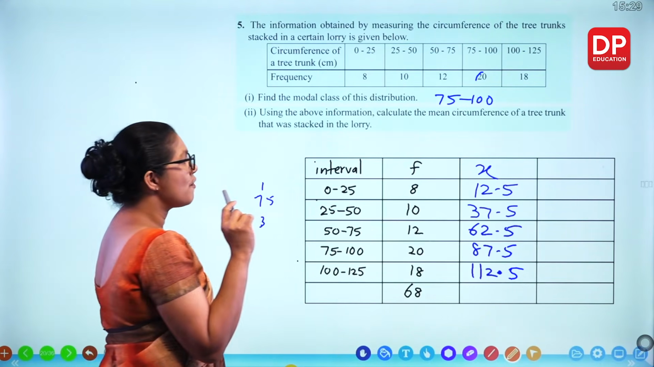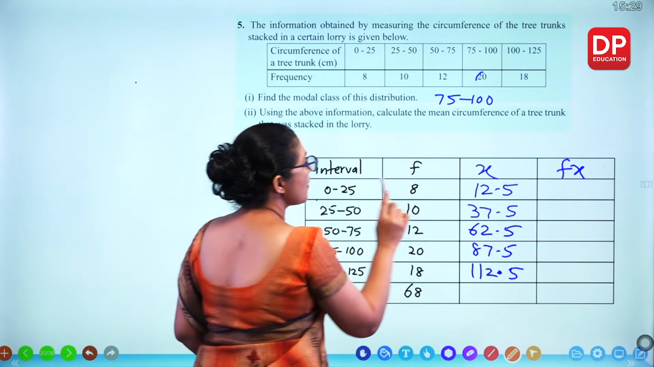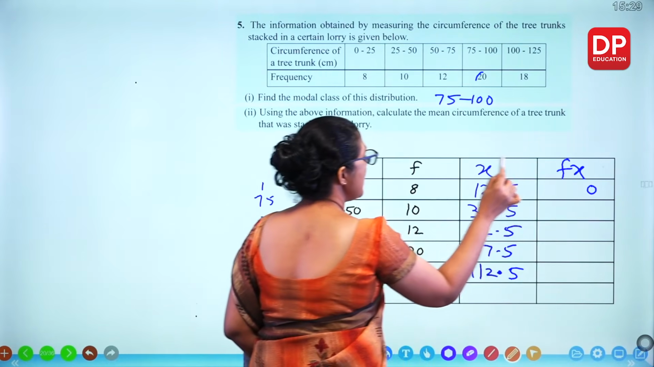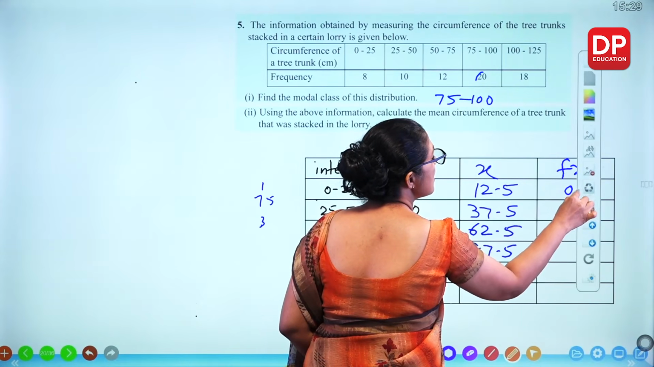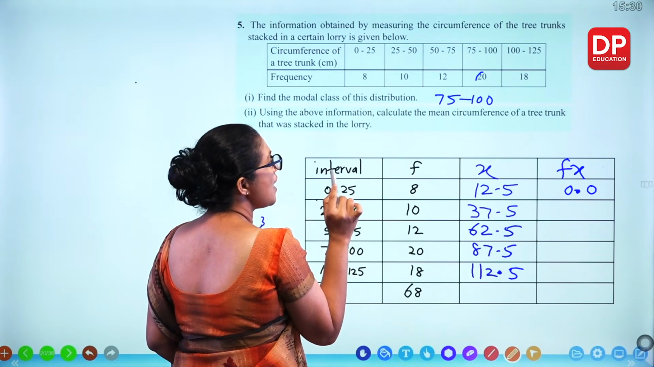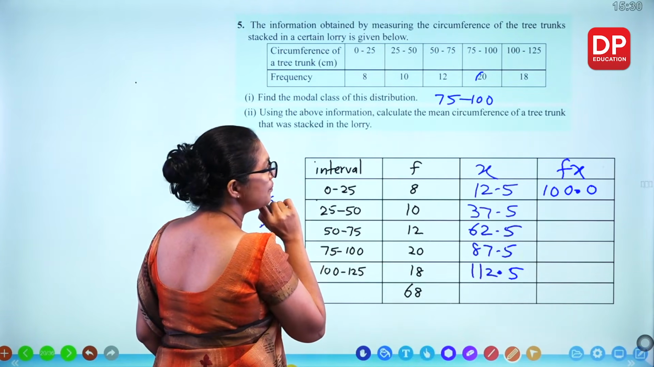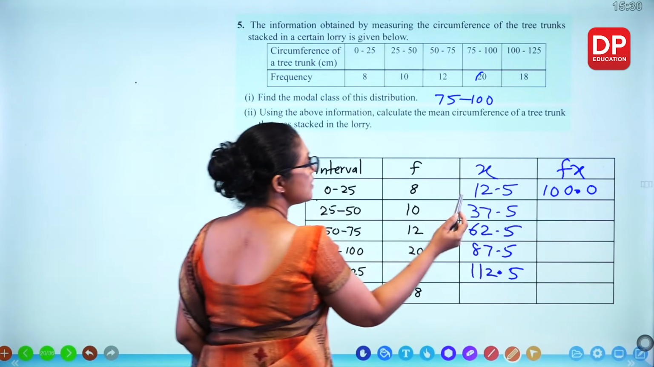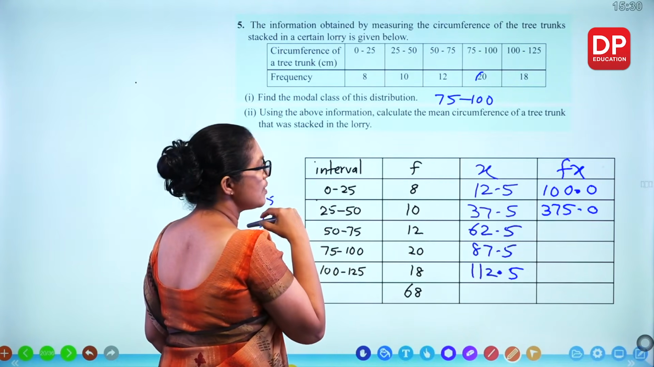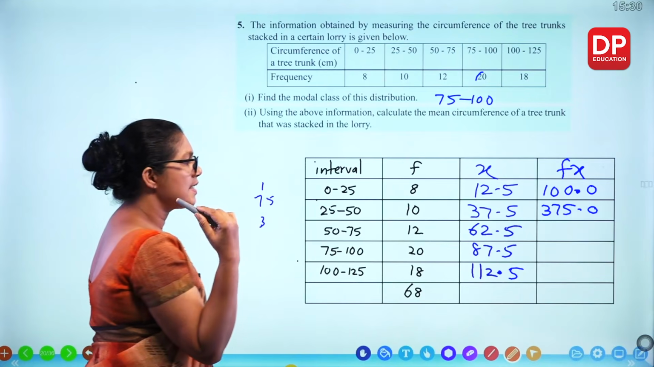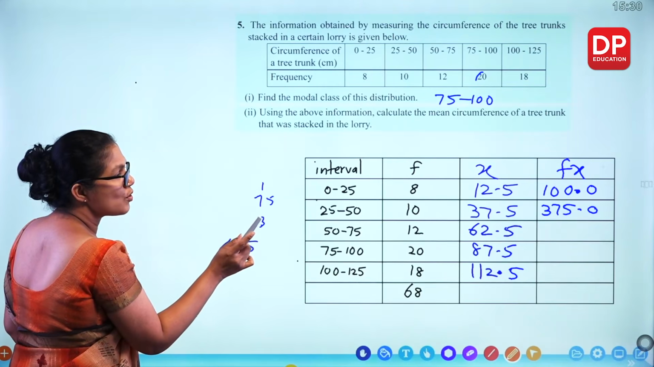So how do you find out fx? Multiply these two columns. 8 times 5, 40, 4 remaining, 8 times 2, 16 plus 4, 20, 2 remaining, 8 times 1, 8, plus 2, 10. This one, just multiply by 10, which means you move 1 decimal place. This one, we can do this, 10 and 2, no? When you multiply by 10, 625, multiply by 2,